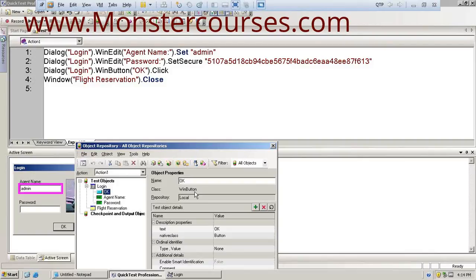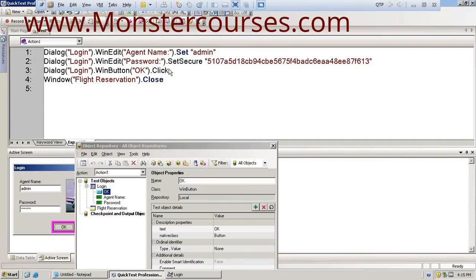This is how the class property is assigned with respect to the type of the application. So the class is WinButton and the name is OK, so you're getting WinButton of OK and the operation performed is click.